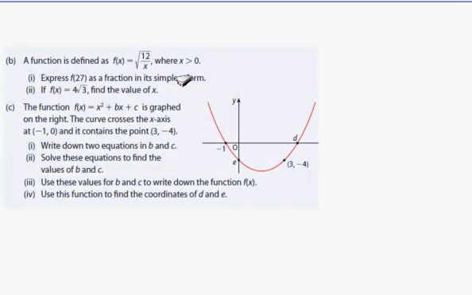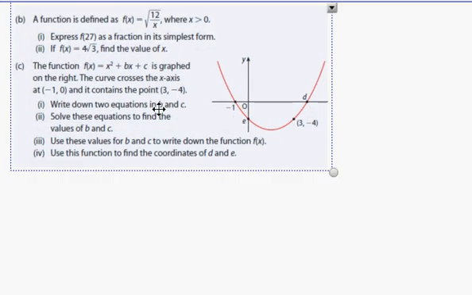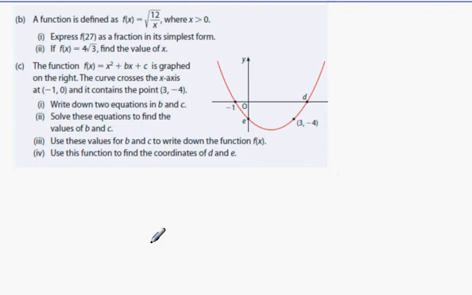Now, the function f of x equals x squared plus bx plus c is graphed on the right. The curve crosses the x-axis at -1, 0 and contains the point 3, -4. Write down two equations in B and C. Okay? When the input is, what? Give me two inputs and give me two outputs. Input equals, and write down output equals,